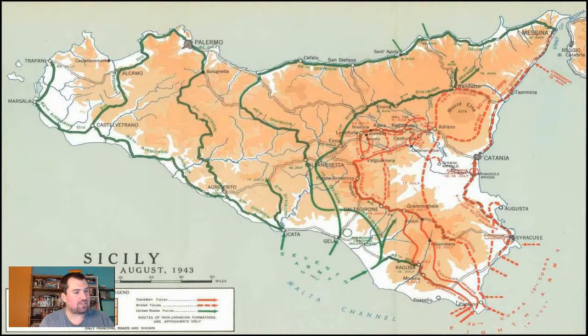But yes, you can see the different elements here landing, as well as the airborne elements that don't go great,